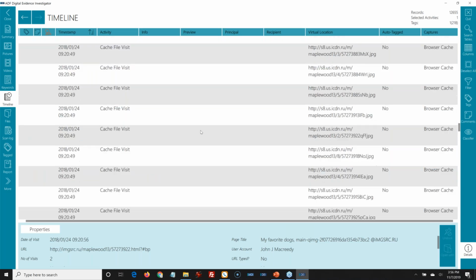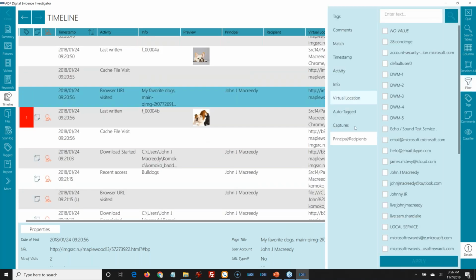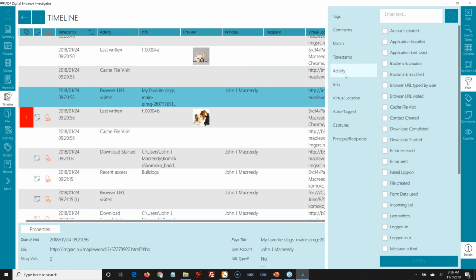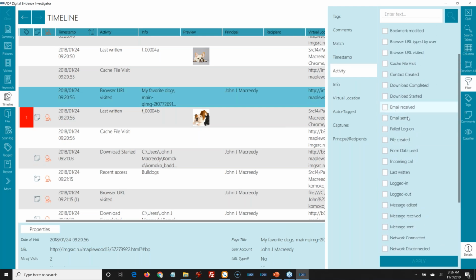But I can keep going up and down and see what he was doing that day, maybe pick up some more evidence, really put a good hurting on him as far as what he was doing. But I can create based on activities, USB, network connections, signed on, signed off, email received, messaging, and so on and so forth,